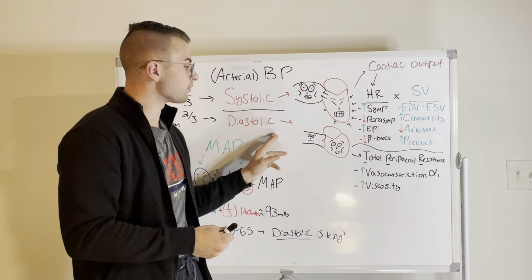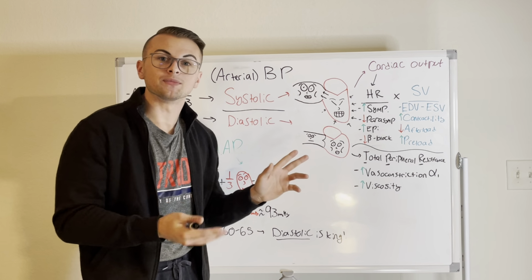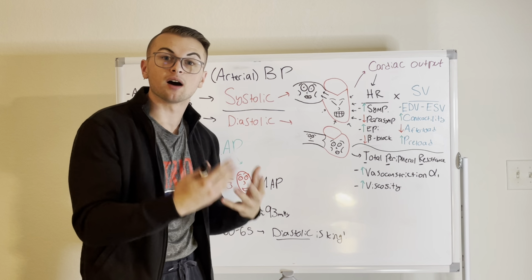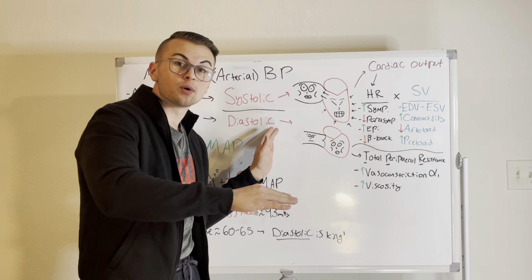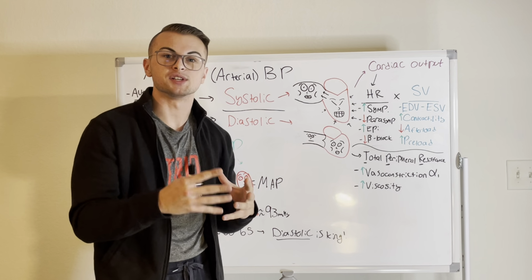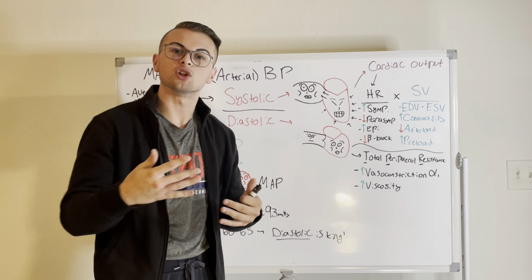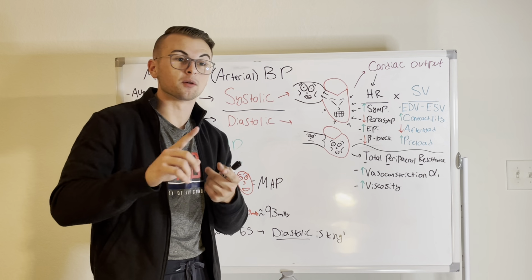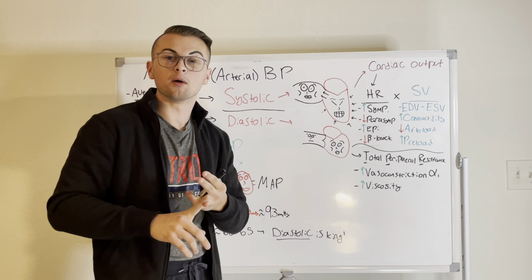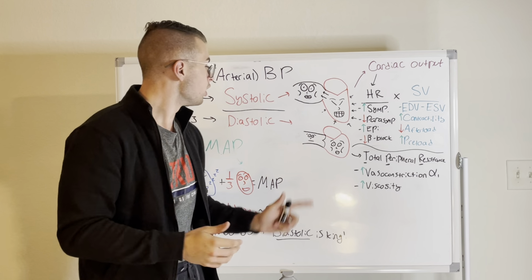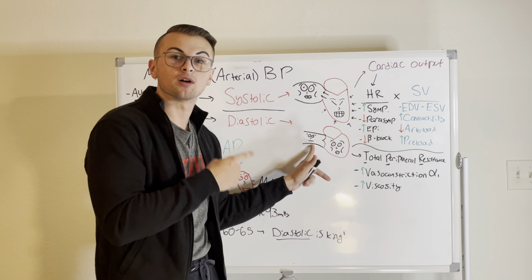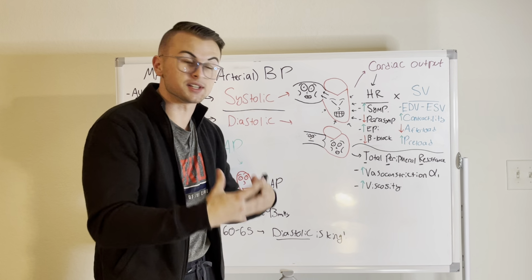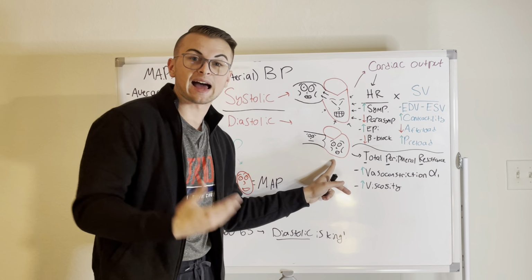Now, what about that bottom number? Well, we know that this is called the diastolic blood pressure because it is the lowest pressure in our arterial system. So when does the lowest pressure occur? Well, remember the difference between compliance, pressure, and volume, but simply it occurs when there is the least amount of blood. You can see that the heart is kind of getting full, it's not squeezing. We know that this is called diastole.